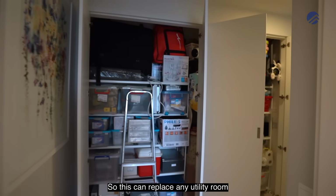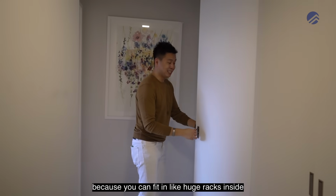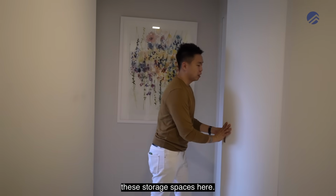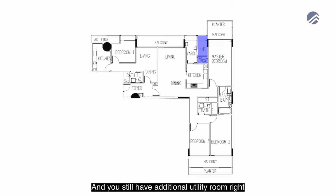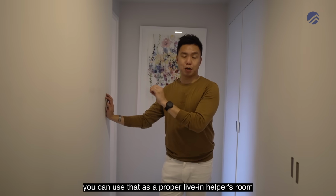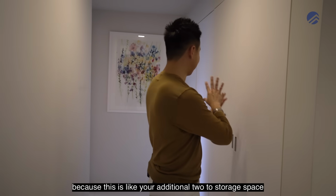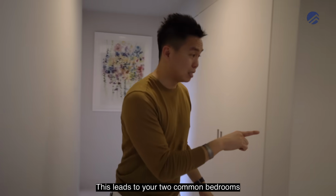So this can replace any utility room because you can fit in huge racks inside these storage spaces here, and you still have an additional utility room right at your yard space. So in the event you have a live-in helper, you can use that as a proper live-in helper's room. You don't have to worry about your storage because this is your additional 2 storage spaces that you can have. This leads